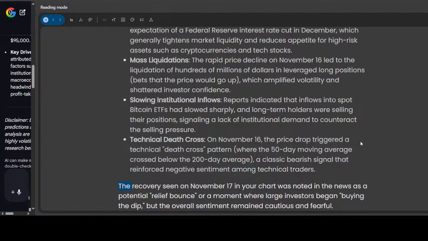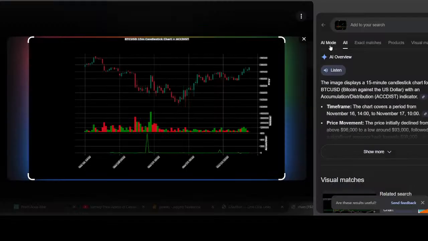The recovery seen on November 17 in your chart was noted in the news as a potential relief bounce, or a moment where large investors began, but the overall